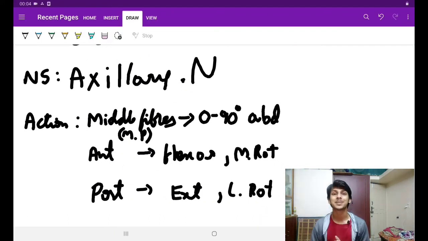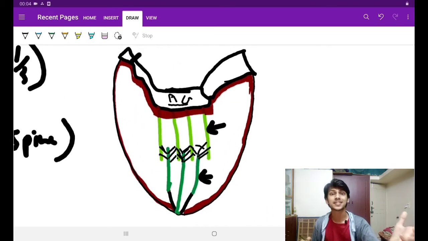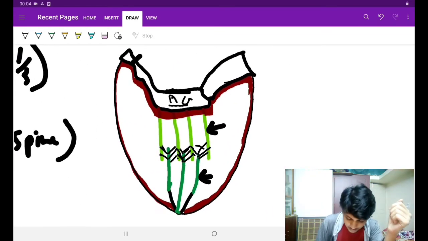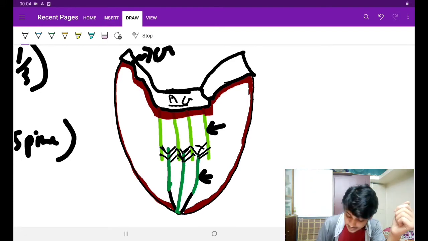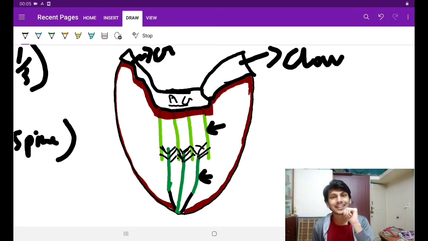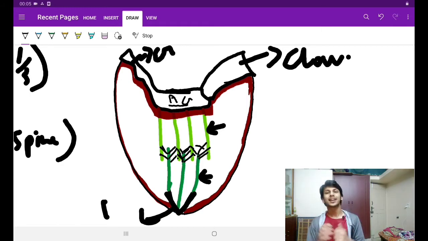The middle fibers of the shoulder joint have a beautiful arrangement. I'll show you now. See here guys, this is a pictorial representation of what we have discussed till now, isn't it? Now look, this is the crest of the spine of the scapula, this is the acromion process, this is the clavicle, isn't it? It is taking origin from all three and getting inserted into the deltoid tuberosity. This is the deltoid tuberosity. It is getting attached now.